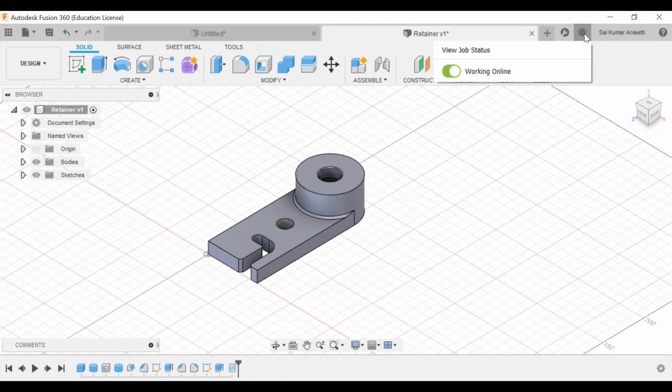And coming to this job status, you can go with online or offline. In offline mode, the major thing is there is only temporary storage. If you clear your cache, your saved files will be lost. Your temporarily saved files will be lost if you work offline. Click online. After going into online mode, everything will be saved into your cloud. It will be synchronizing. Always keep that in mind. Go to job status, that is working online. That is how you synchronize your online and offline window.